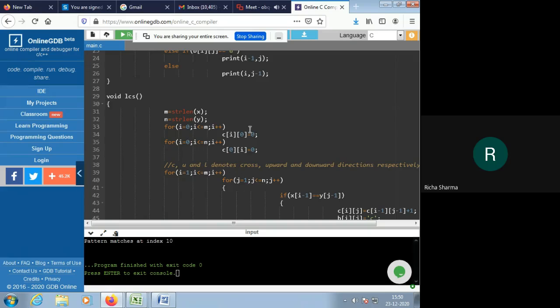From this first loop we are initializing the first column as 0, and with the help of this second for loop, we are initializing all the values in the first row as 0. So with the help of these two for loops, we are initializing the cost matrix's first row and first column with the value 0.